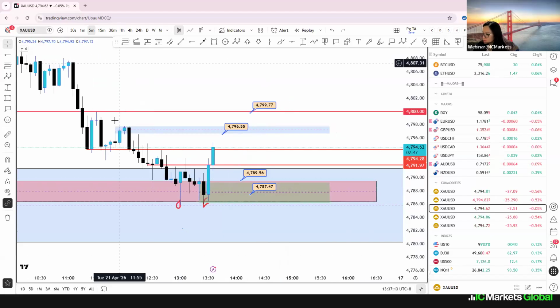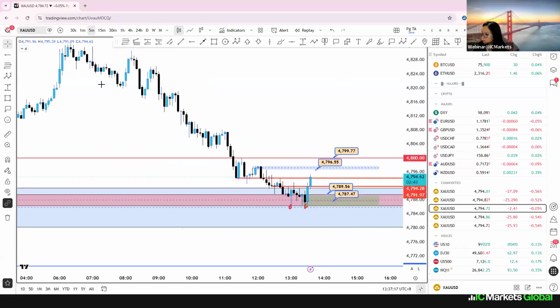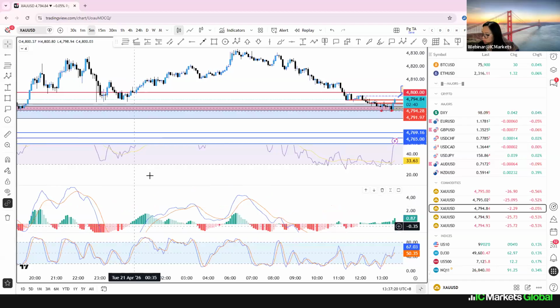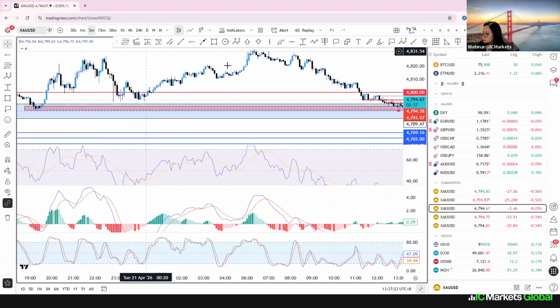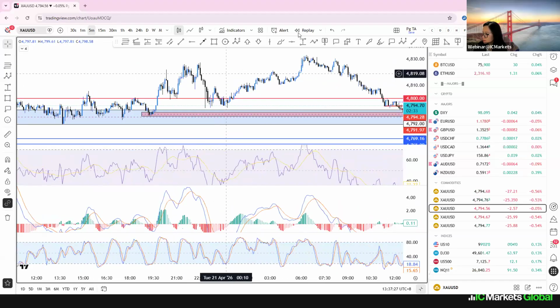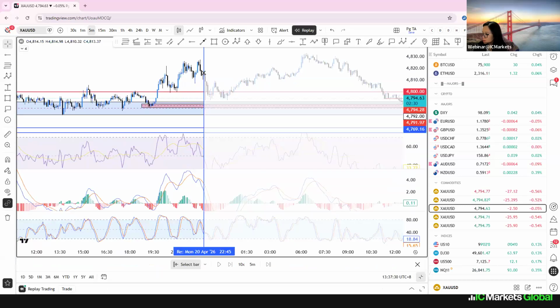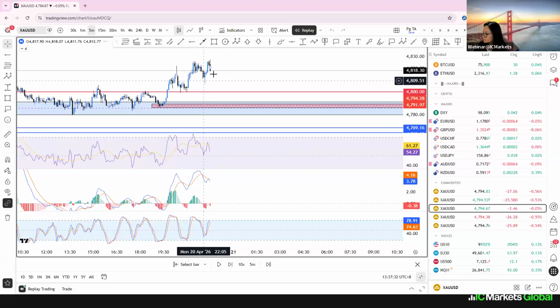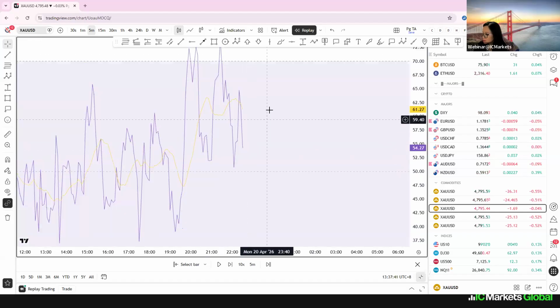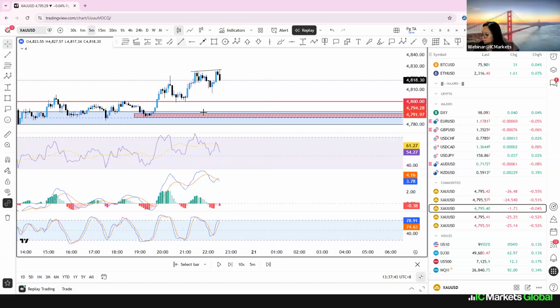Okay, so let me see the divergence on the other time frame for the bearish divergence. Okay, here. Let's just talk about this, right? I'm going to replay and move back here. Okay, in this one, you will see that price makes the higher high, and you see that the RSI makes the lower high.